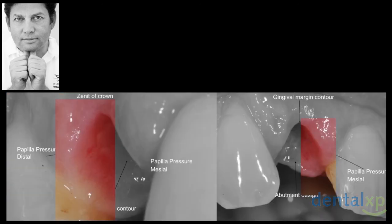So you see, this is how we started. See, papilla pressure distally. What happened? We have a broad contact point. And this papilla regrew to be very broad. It was gone. Then we have the zenith of the crown. We know how much pressure we're going to have. The papilla pressure mesially and the gingival contour. We have the frame for the abutment design. So we know if you go